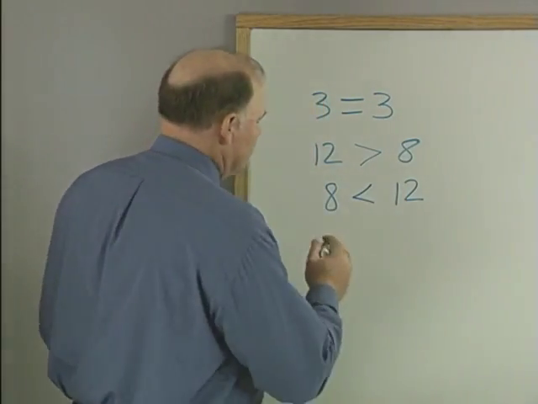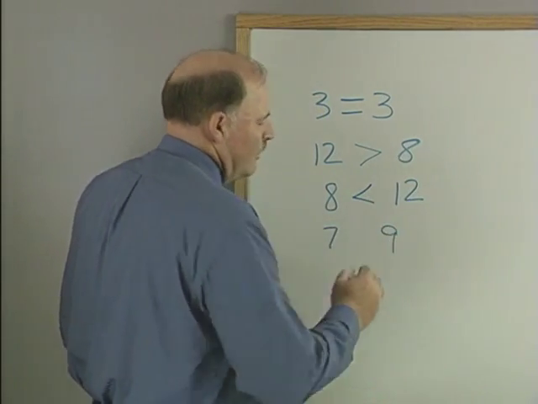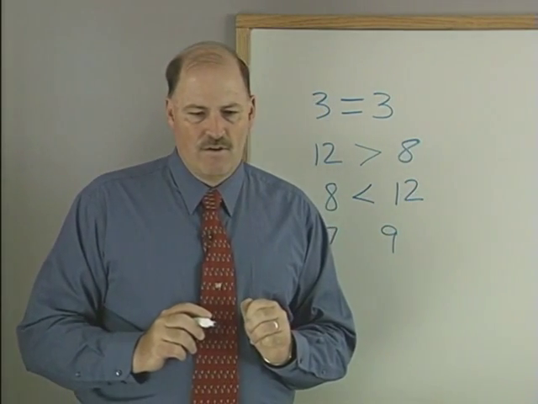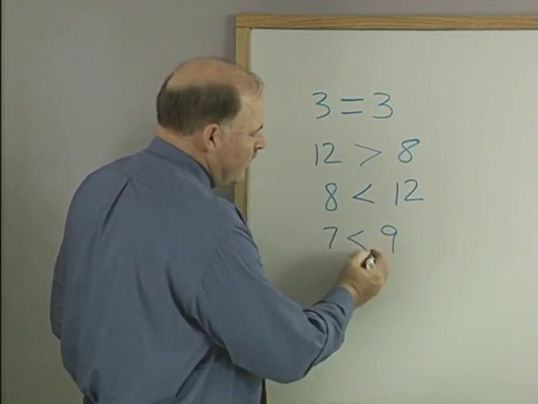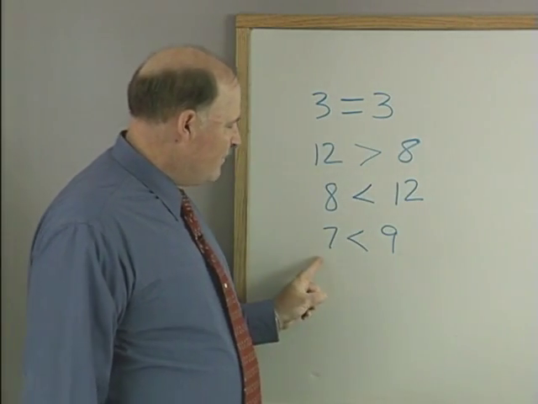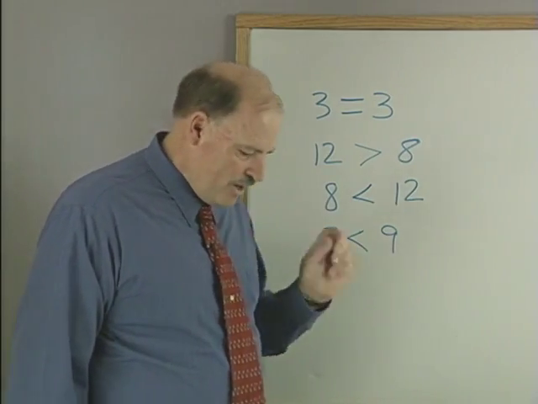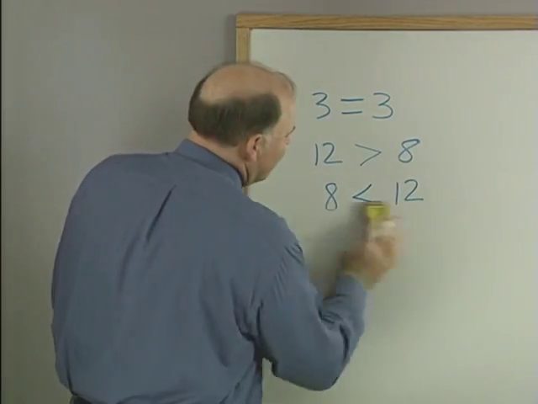So you try this one. Where should I put the arrow? The big end at the 9? Yes. Okay, and then how do we read it? 7 is less than 9. Good. But what if you have something like this where you have